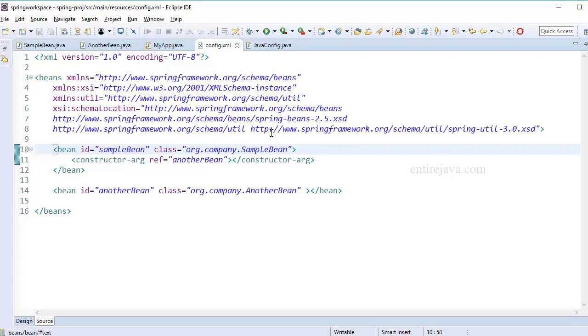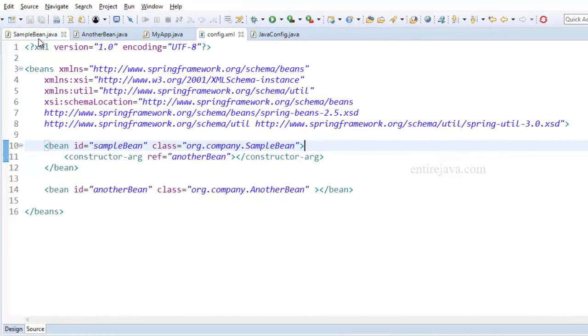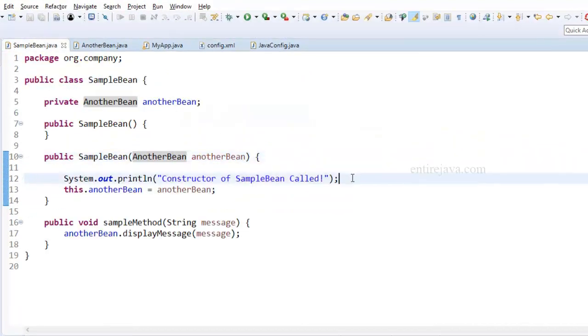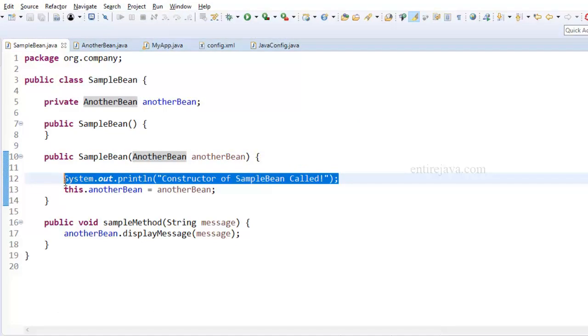By default, Spring Beans are eagerly loaded. That means all the beans would be created right when the container loads and before you request for a bean. In order to demonstrate the same, I have put this message in the constructor of sample bean. So when the instance of this sample bean is being created by the container, we would be able to see